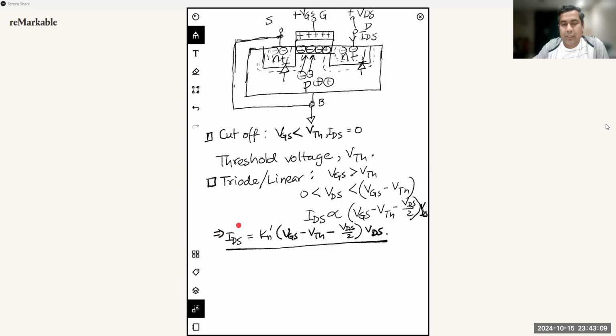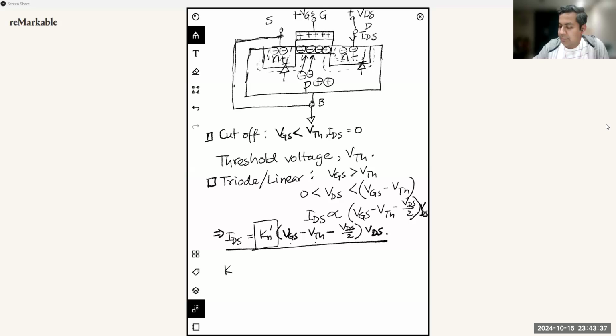You can clearly see that this current is proportional or dependent on these voltage terms between the gate and source, the threshold voltage, which is a device parameter, and then the voltage applied between the drain and source, VDS. You can also see that there is a proportionality constant that comes here,